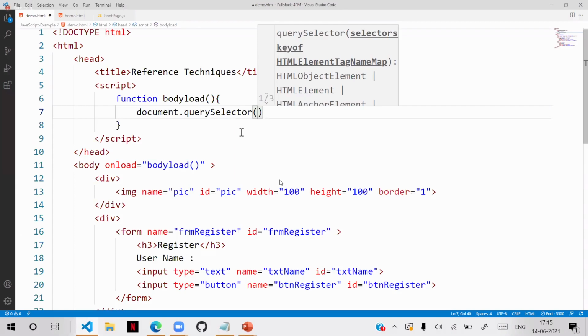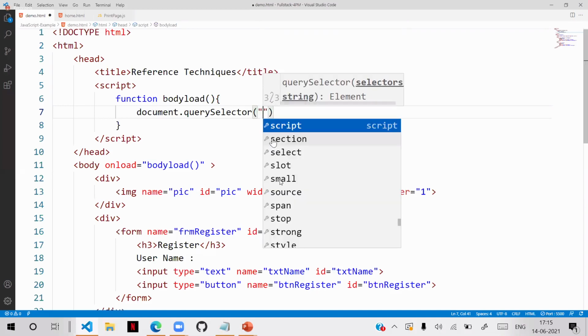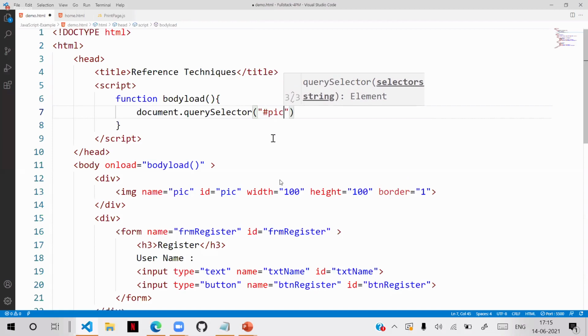usually, if you are referring to an ID, you can access that ID like this. So how do we refer to IDs? IDs are referred to by using hash. This indicates you are referring by ID.